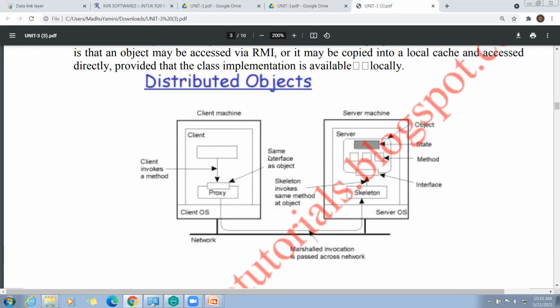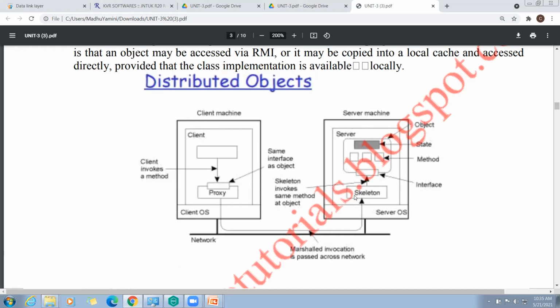If a client invokes a method, it goes through the same interface as the object. In the server machine, the client wants to access this object. See the mouse pointer: this is the state of the object, these are the server methods, and this is the interface.